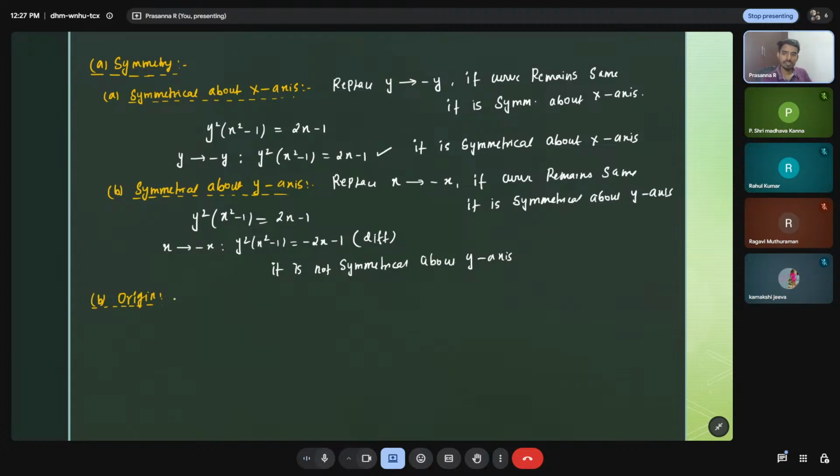Now when it is passing through origin, if 0, 0 satisfies this equation, it is passing through origin, right? So what is the equation here? y square into x square minus 1 is equal to 2x minus 1. Now you substitute,